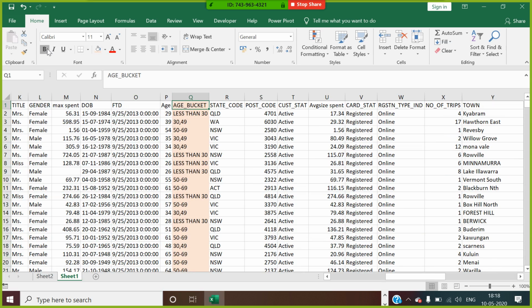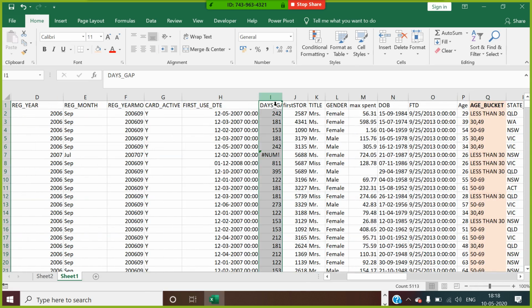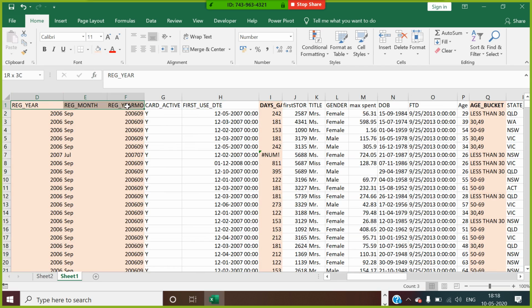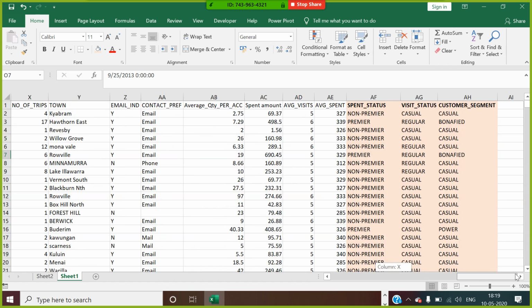You have to derive those values here, right? Days gap is also a derived field. Your year, month, these are all derived fields. Are you getting this, guys? Understood? Yes, sir. Look at the data, and how to get this other information.